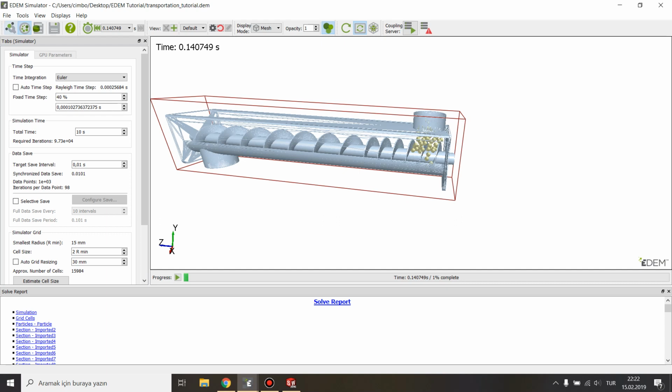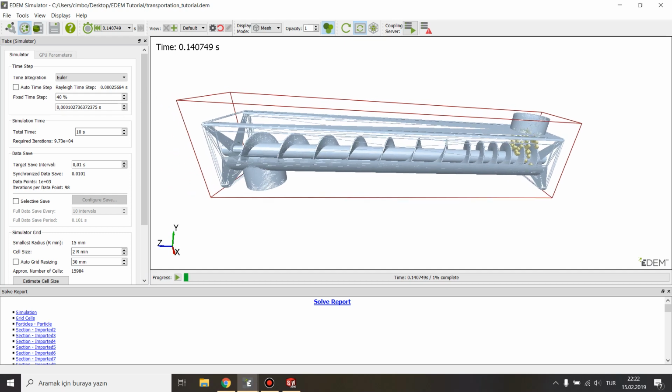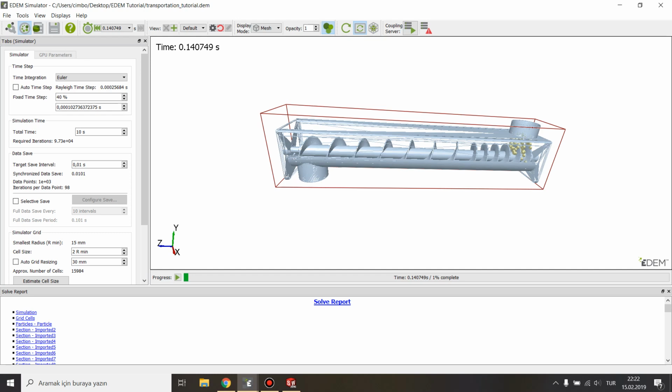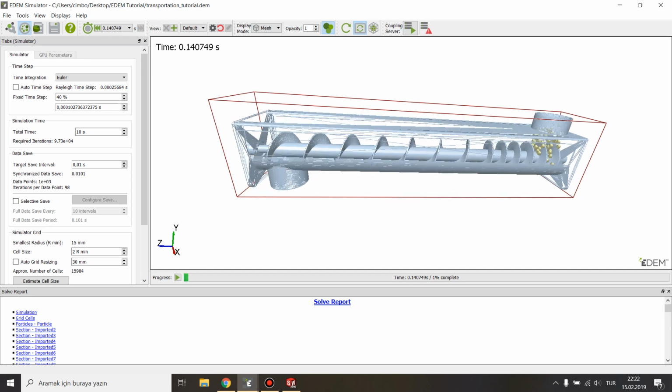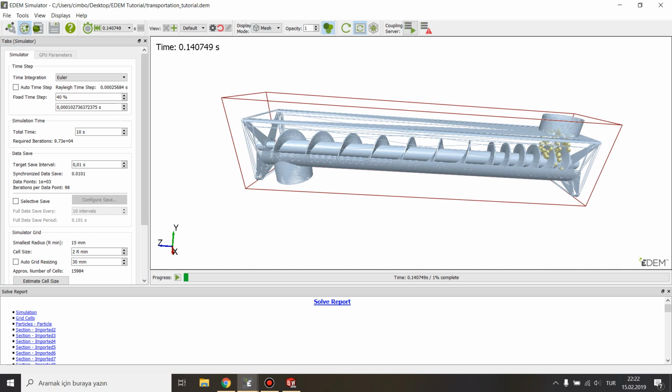But EDEM is actually very user-friendly software. I think if you want to do another type of simulation in EDEM, if you wander around the program, you'll see it. It is so easy to control the simulation, and I think that you will not encounter any difficulty in